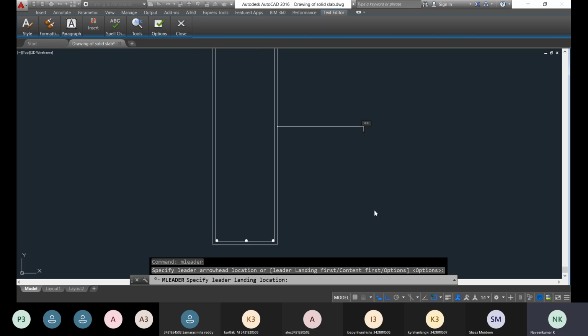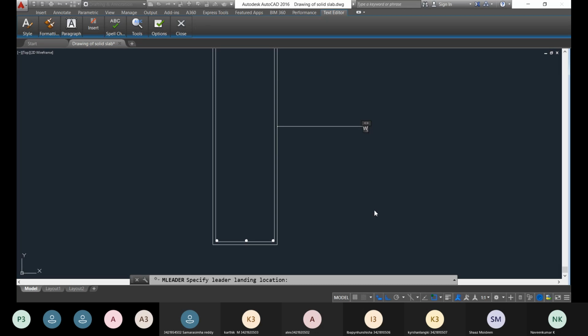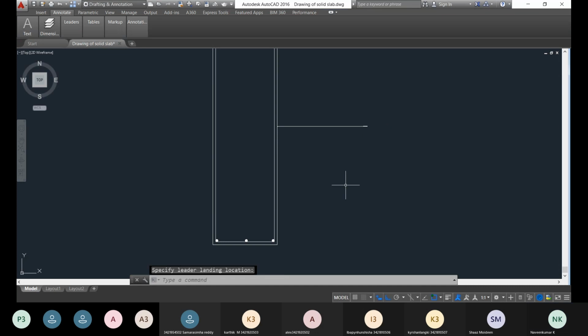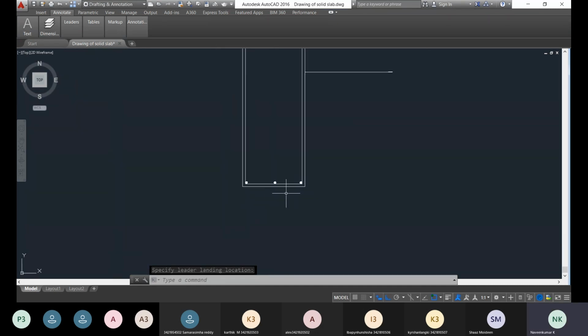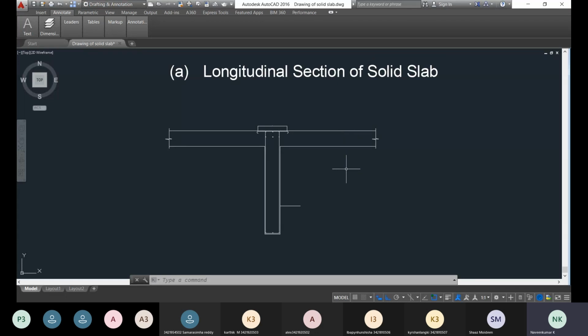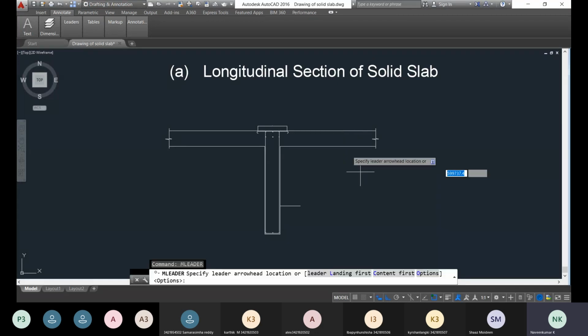So this is the web. Web of T beam. Actually, the web of T beam. Okay. So then what is this one? Again, you repeat the M leader.